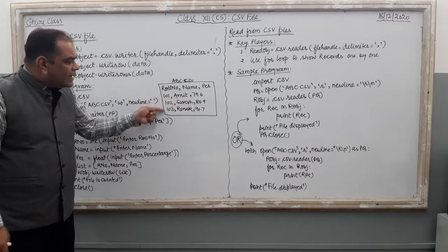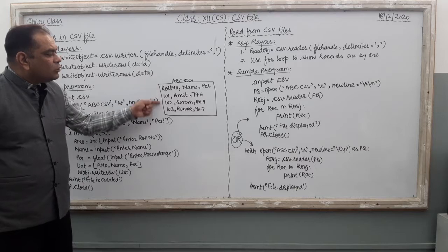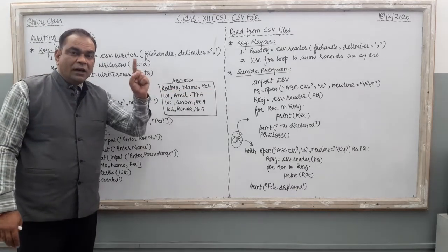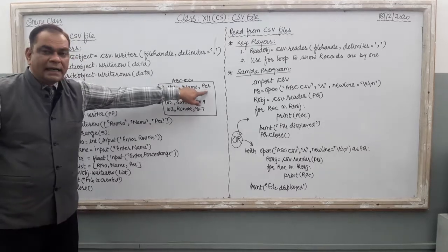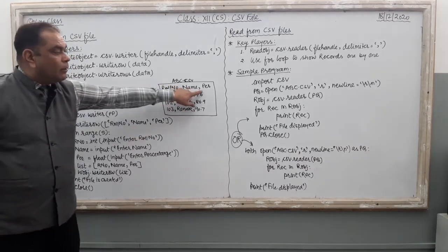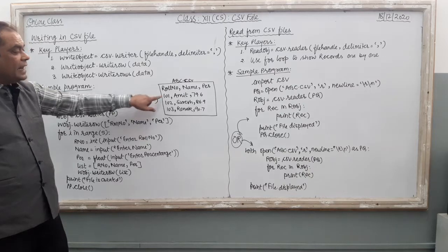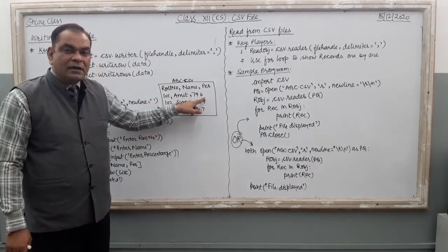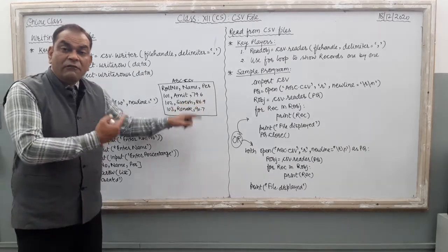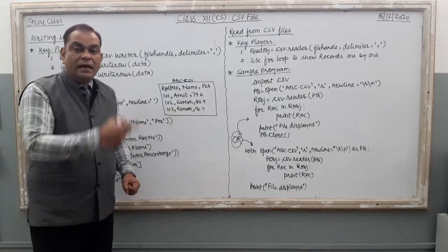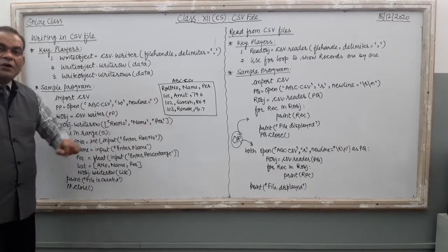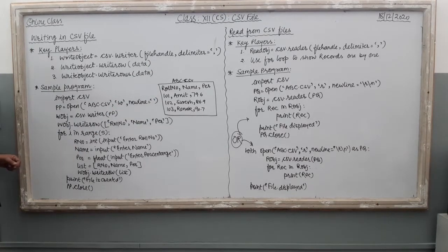Suppose we want to create a CSV file that looks like this one, right? Roll number, name, percentage, first row, three different columns are there, and all the values are separated with comma, right? Just after the heading, first record of your file 101 Amit 79.6, right? Just see the values are delimited by the comma here. Clear? So if you want to write this thing in your file, what is the program for that?